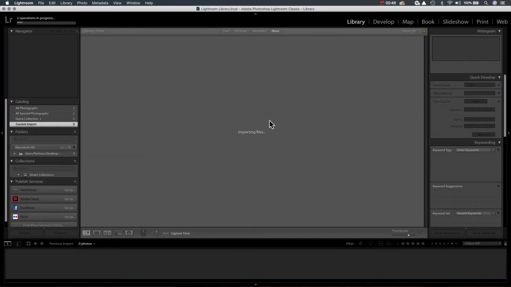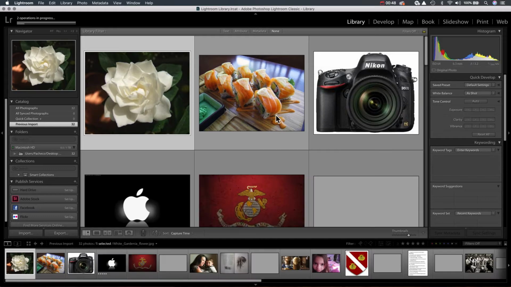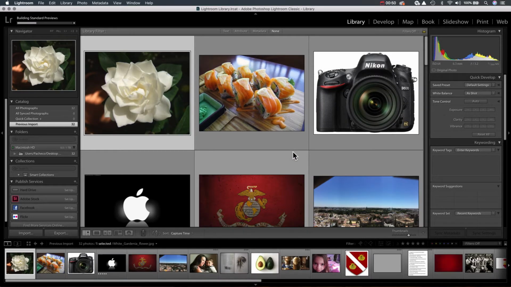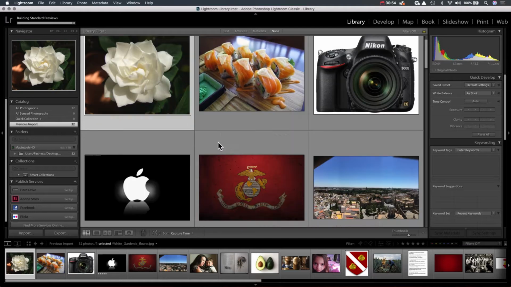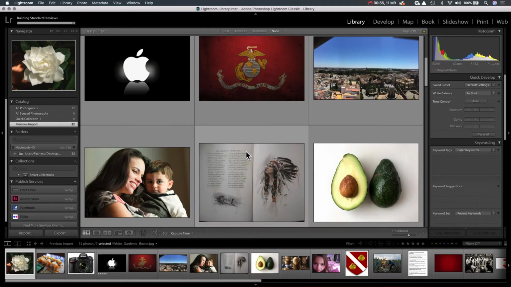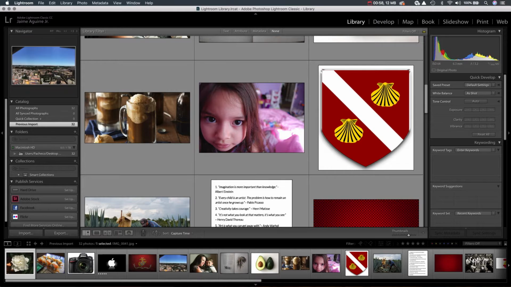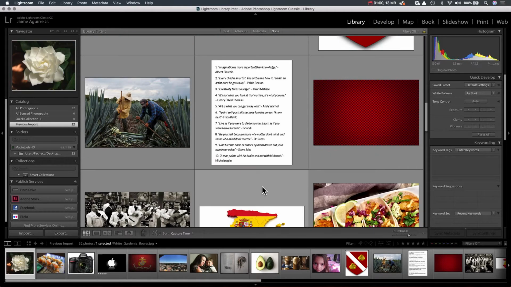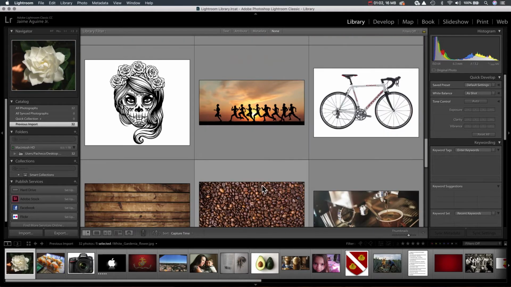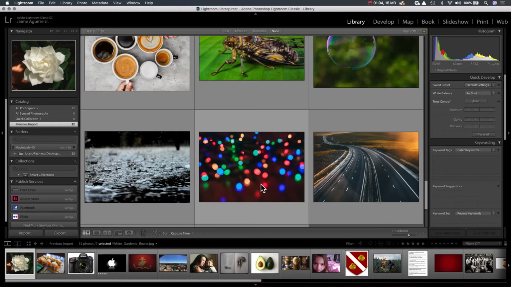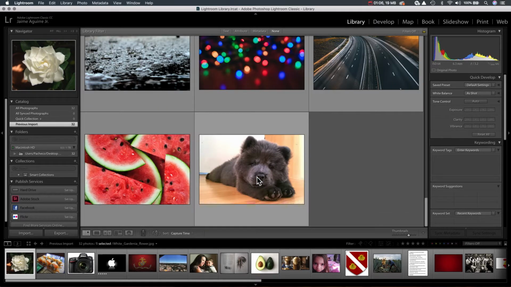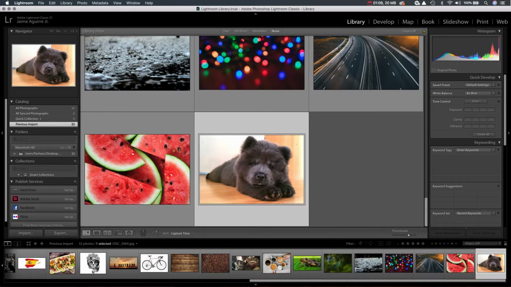So this does not move the files in any way. It just is reading them from their current location. So I have all the files here. If you want to make any changes to any of your images, right here is a very convenient place to do it. It's very easy to just